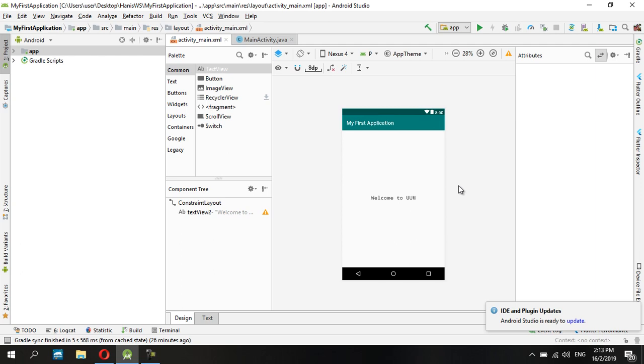Alright, so whenever you create a new Android project, you will be given the following two files: activity_main.xml and MainActivity.java. Both are related to each other, because activity main is basically where your layout is going to be, and your MainActivity.java is where your Java or event programming